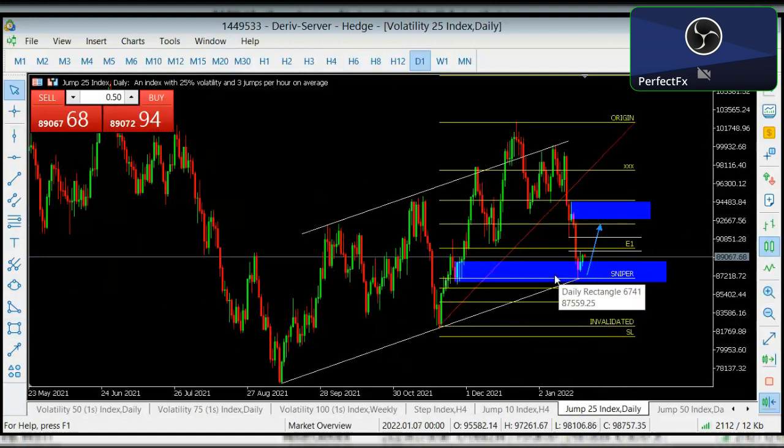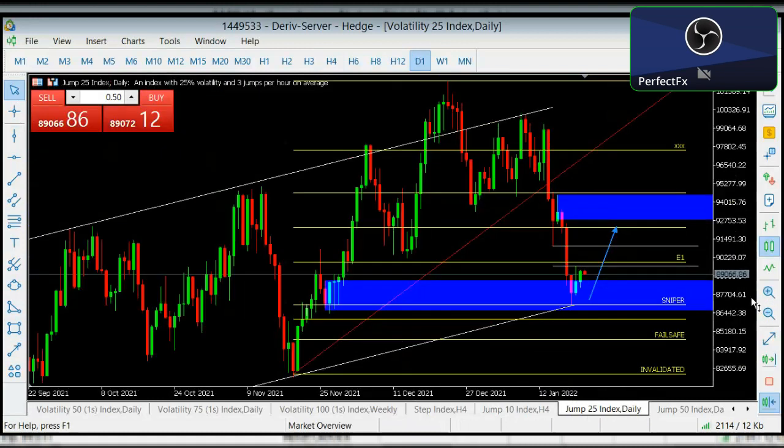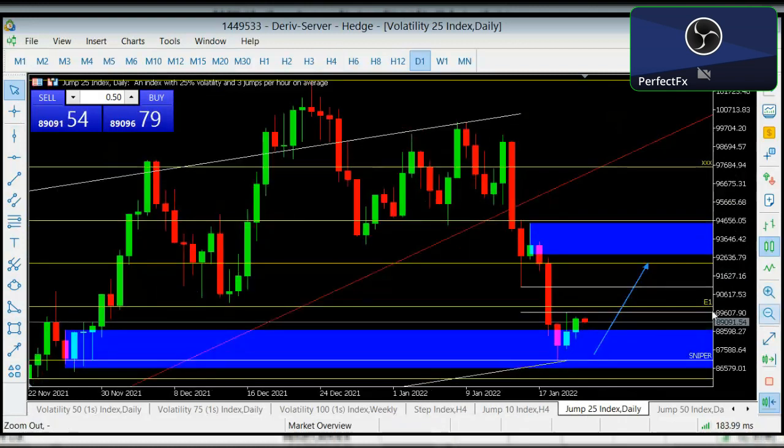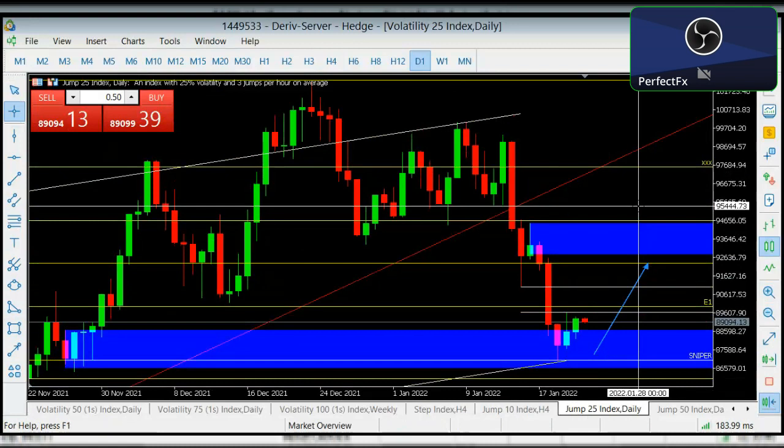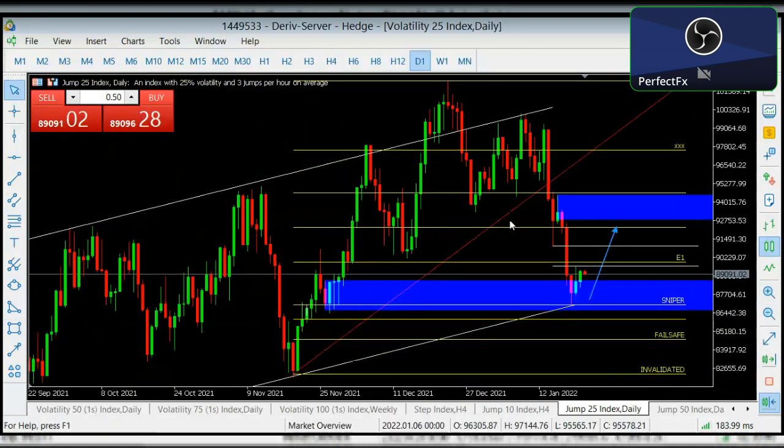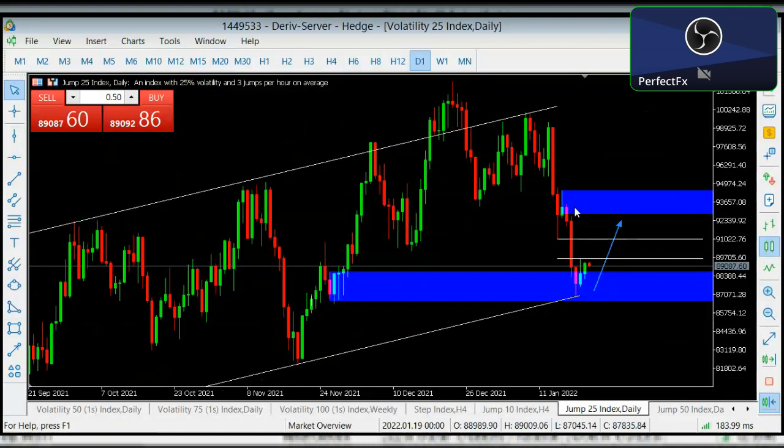As you can see, price is reacting at a trend line and also at my sniper level on my customized Fibonacci. Price is reacting at the sniper level on the daily time frame, and we're looking at price filling this candle up, or eventually moving to this upside. Let me just clear the chart for you guys to see. Eventually moving to this upside to fill this candle.